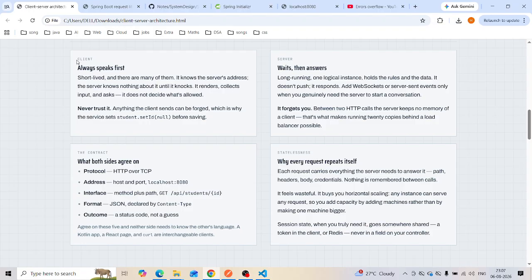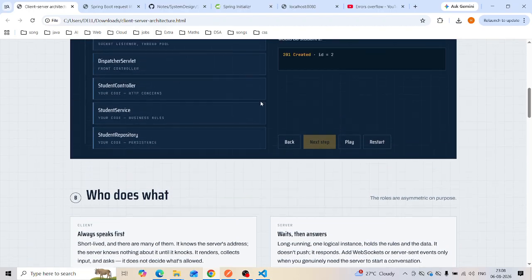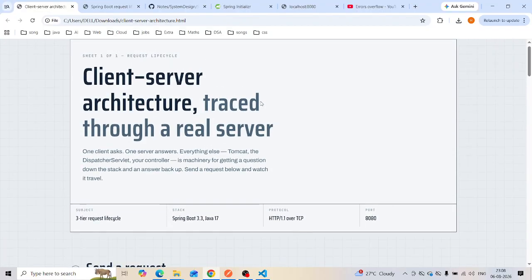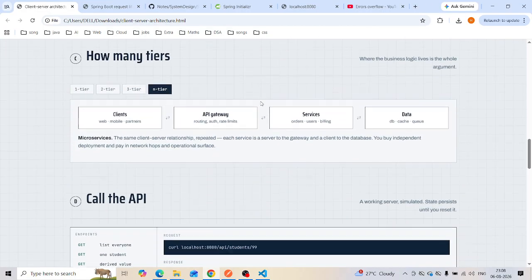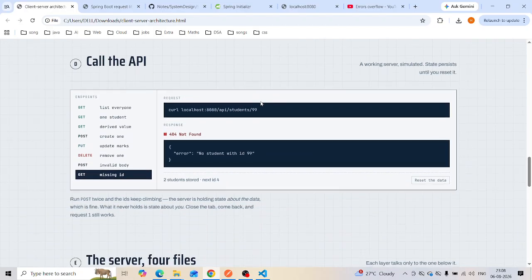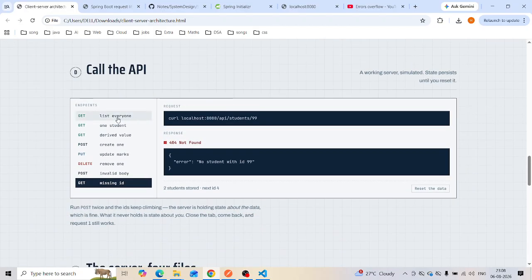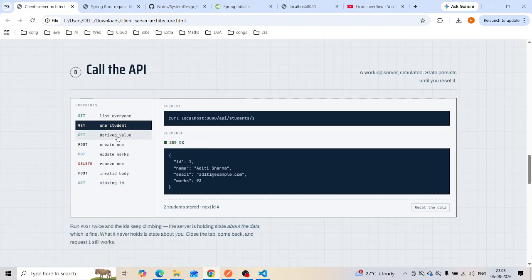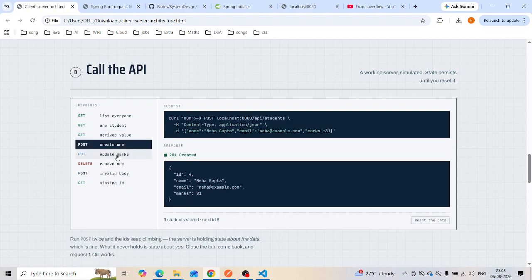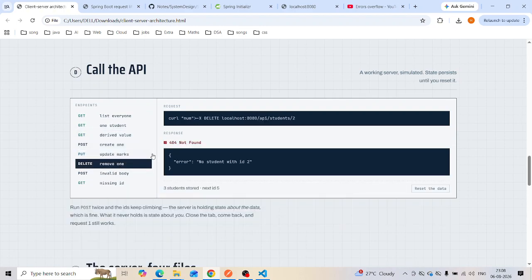Now in this video our main focus was on client and server. Here are the GET, POST, PUT and DELETE methods, and the respective status codes we are getting and the data we are getting.